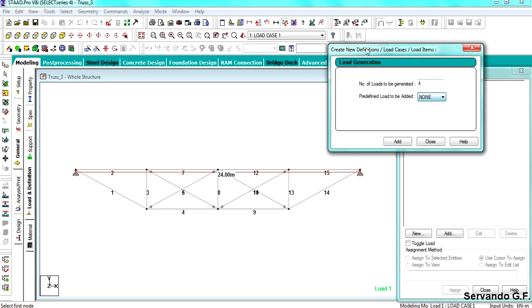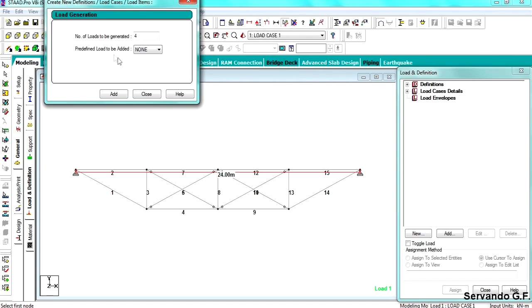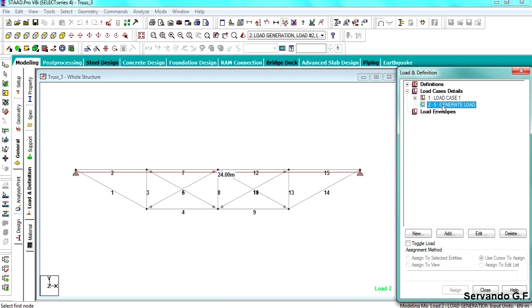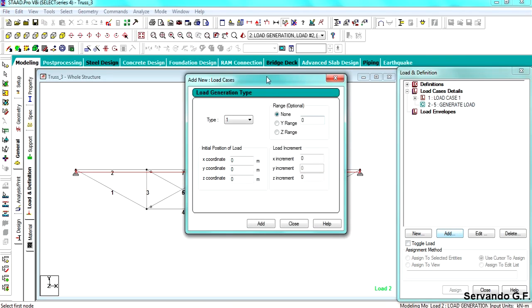Then you can define here if there is a predefined load to be added, but as load 1 is a self-weight, I'm not going to use this. So I'm going to click add, close, and then I have to add the load. So I'm going to click add,